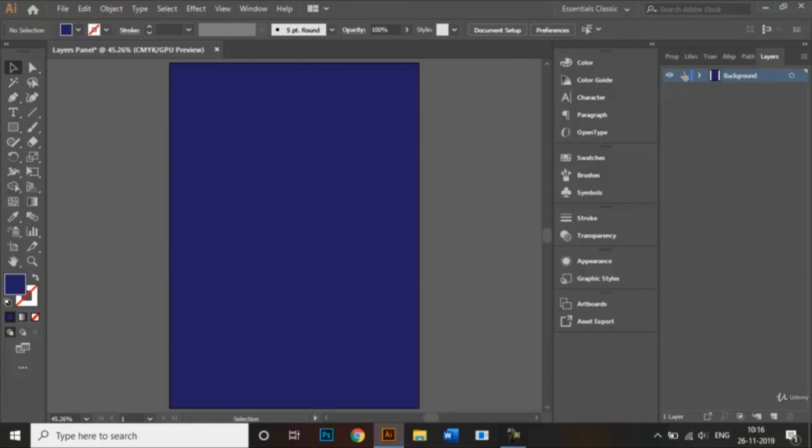So let's also lock our layer by clicking on this space right here. Now that it's locked, we will not be able to move this background color at all, unless you want to make any further changes to it, right? If you want to make any other changes in your background, you can unlock it and change the color however you wanted it to be, right? So let's just keep it locked for now and make a new layer.